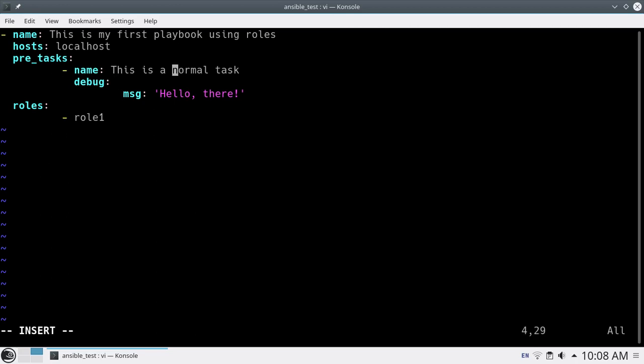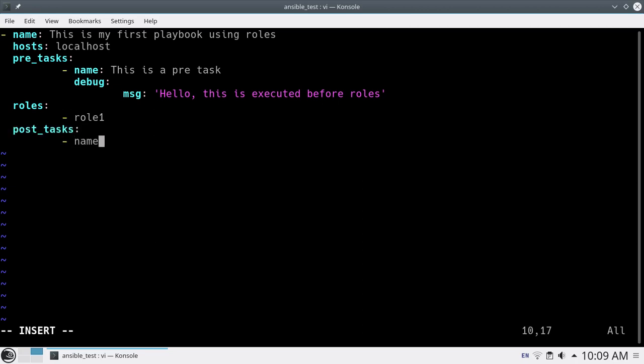Here you just change the message. This is a pre-task, and here: Hello, this is executed before roles. Now you add one post_tasks.